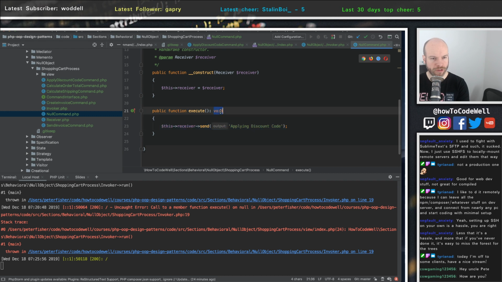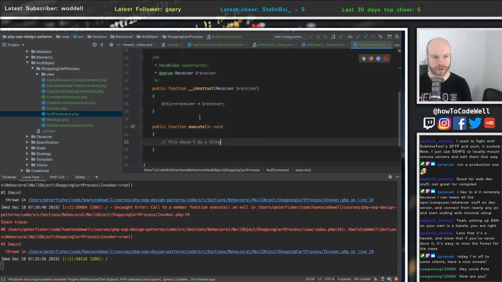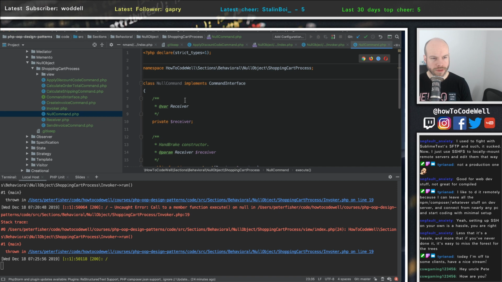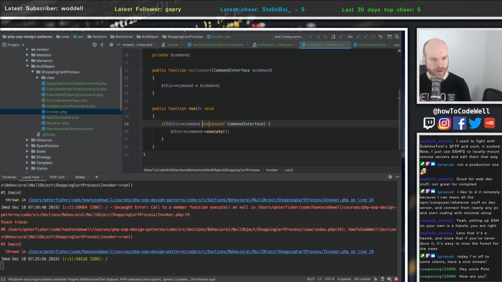Because it returns void, we can get away with just doing that. This doesn't do a thing. So we still need the receiver, fine. That's fine. But what we can do is, in the invoker here, we can get